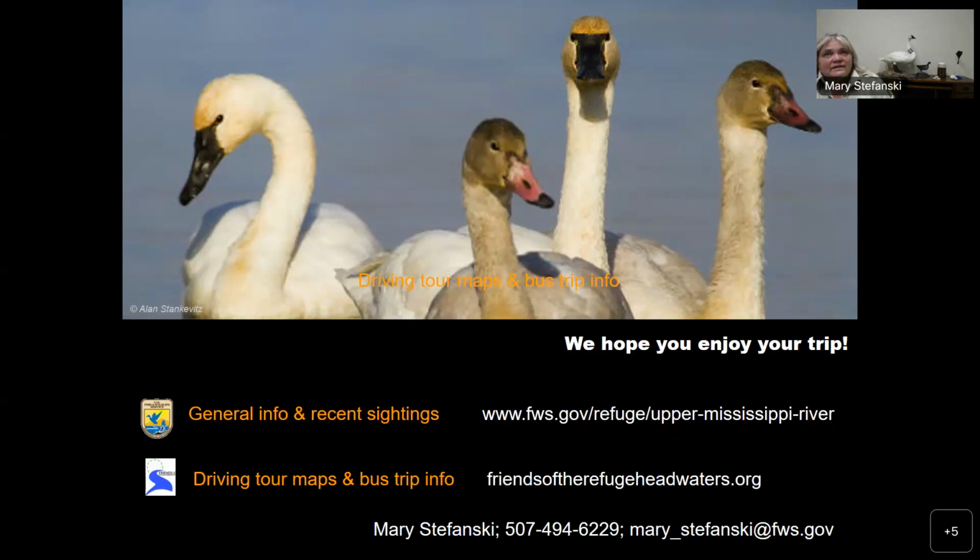And unless the name has changed, the Black Dog Power Plant, just outside of Bloomington, if I'm getting my directions right, used to be a great place to go look for waterfowl in the fall too. Okay, and Black Dog is over by that Burnsville area. Yeah, there aren't great viewing platforms. And there's something really cool about seeing that many of them in one place that it is an experience